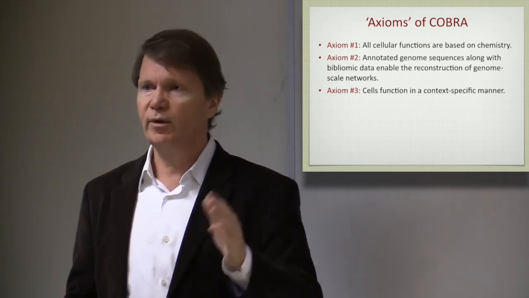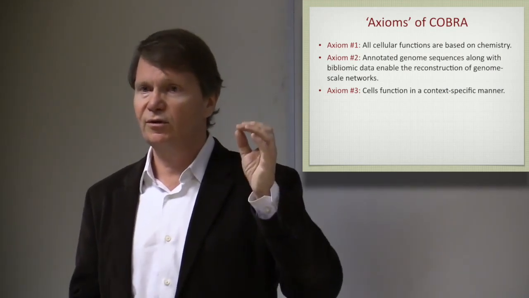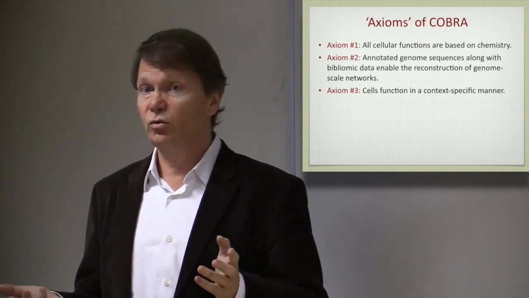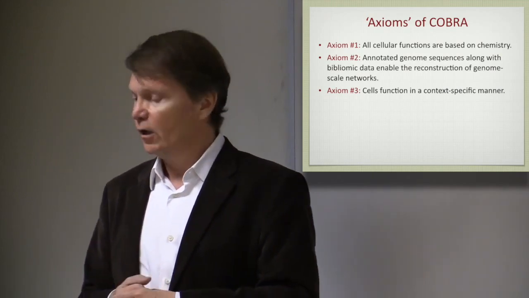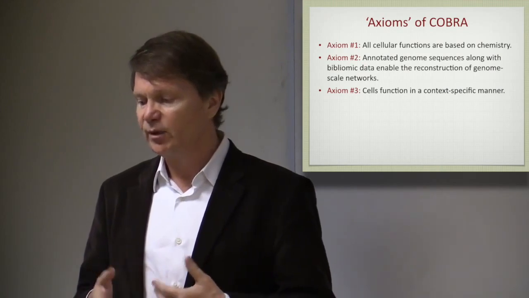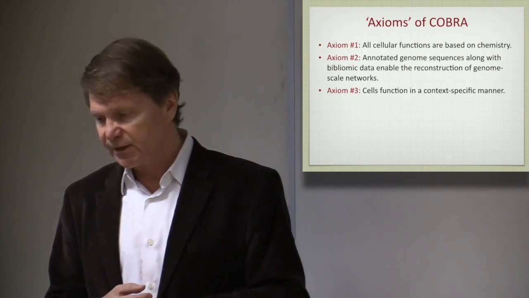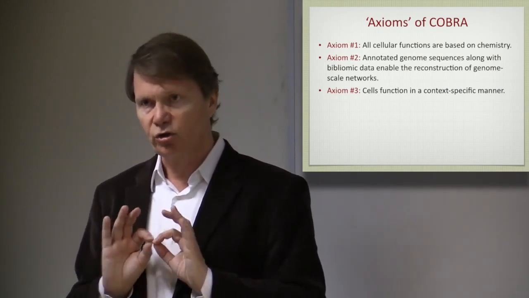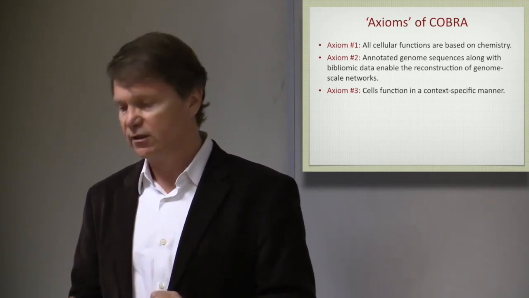And that homeostatic state is a remarkably strong property of cells. Many cells that live in the environment only have really de facto 2 of those states, plus minus oxygen or no oxygen, for instance. And that's why they're so hard to cultivate, because we don't know what environment to put them in to make them grow. Other cells that we study in here, like E. coli, is a remarkably adaptable organism and multifunctional. It's easy to grow, easy to do this and that with it. But cells function in a context-specific manner. It's not just one function, it's context-specific. So whenever you study things in systems biology, the context matters.